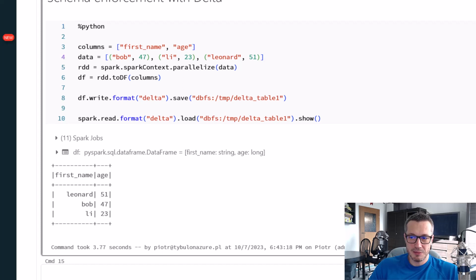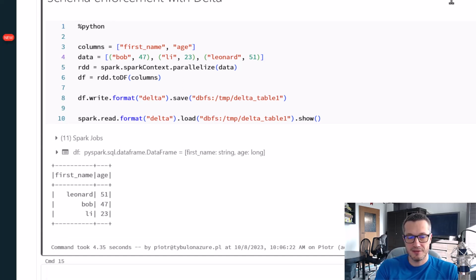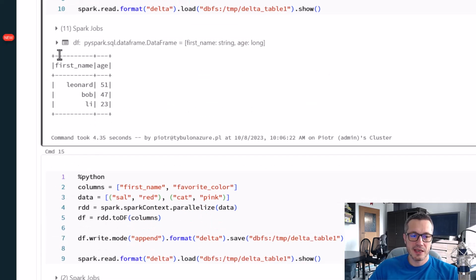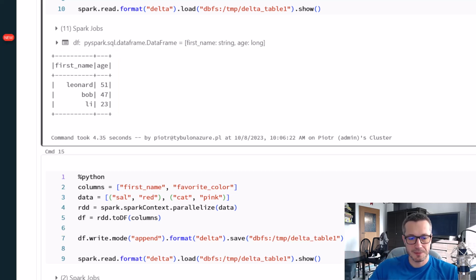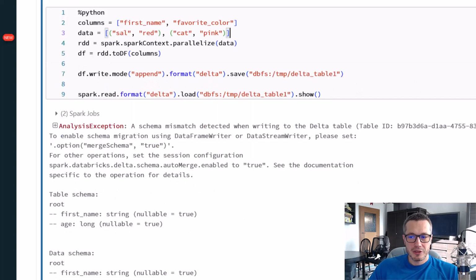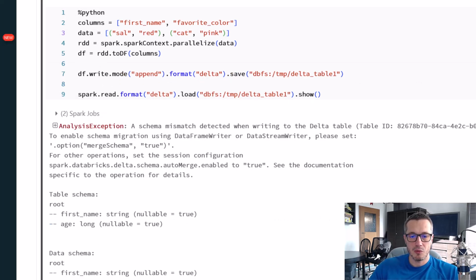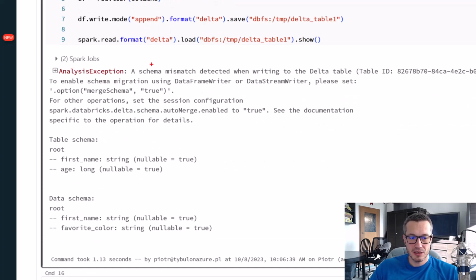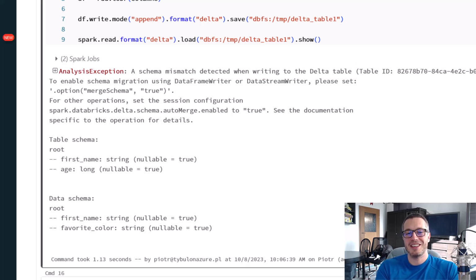So let's do something similar, but this time let's save our data as Delta format. So again, we start with this first data set, which has two columns, first name and age. And then we try to append a second data set with a different schema and see what happens. And actually, we can see that it didn't succeed. It failed with an error that schema mismatch was detected, which is great because it gives us information that something